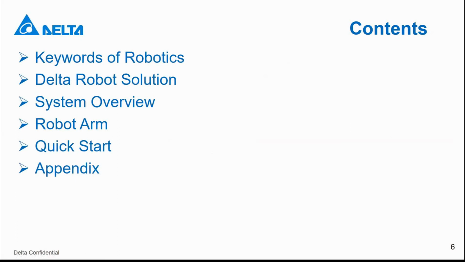So first, in today's training, I will introduce our Delta robot system. In the Delta robot system, I will start by introducing the keywords of robotics. What keywords do we usually see in robotics? And then I will introduce the Delta robot solution, what solution we provide, and then the system overview of a